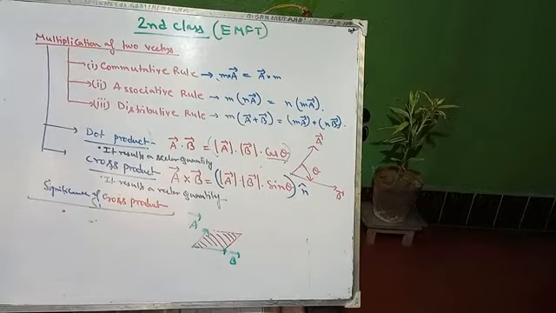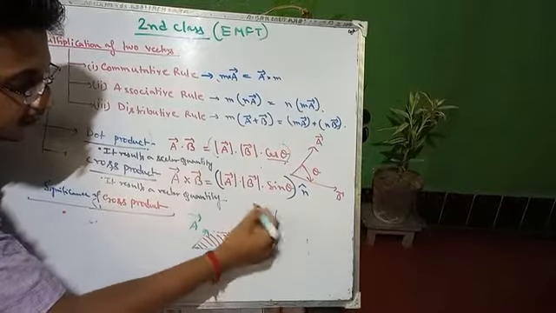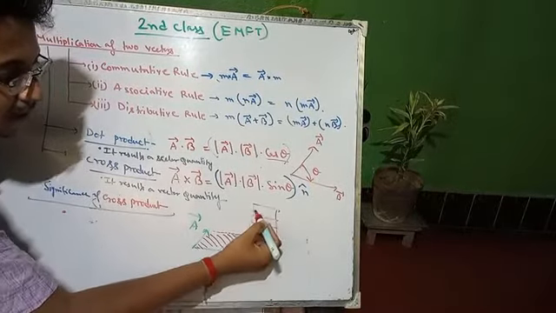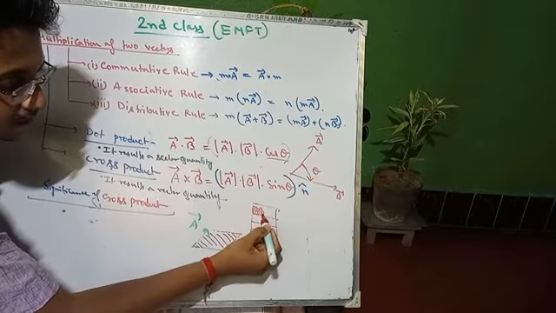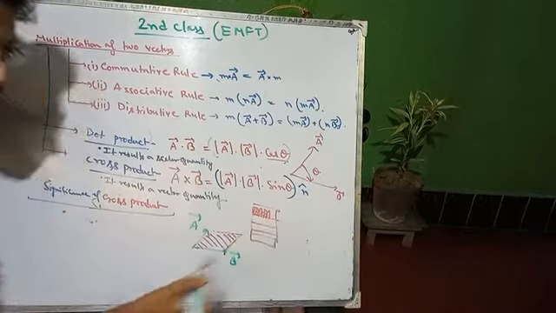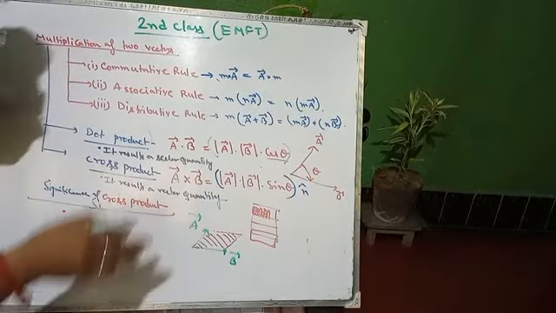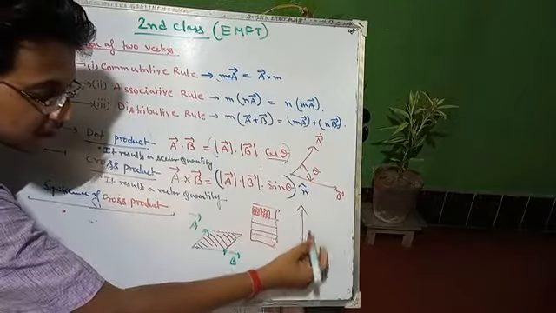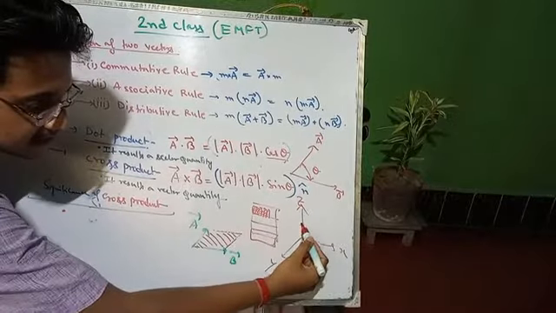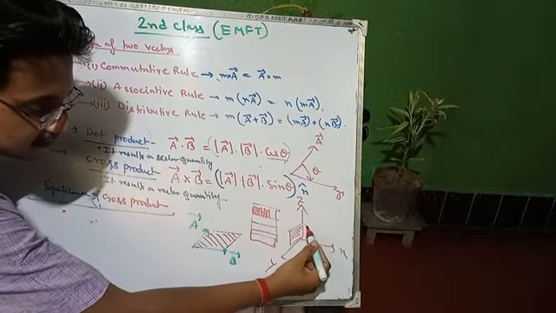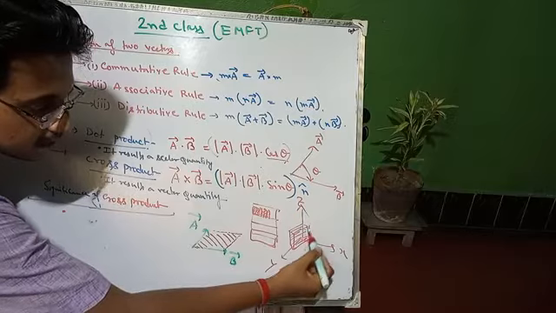What is the direction of this surface? Consider a bookshelf. Suppose this is a bookshelf, and this is a rack of the bookshelf. I am placing a first book over here, then a second book, third book, fourth book, fifth book, sixth book. So the books are arranged on which surface? Suppose this is the x axis, y axis, z axis. The books are present on this surface. Suppose it is a book, and next book.